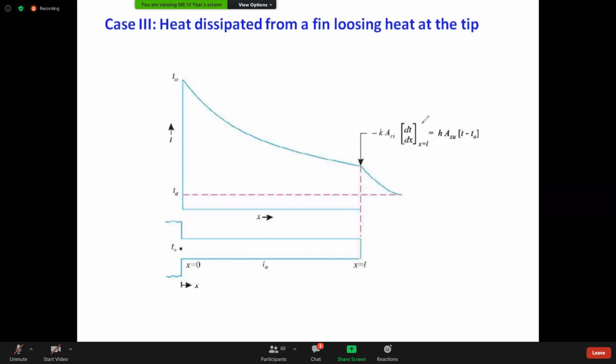So now at dt by dx at L. First boundary condition is same. x is equal to 0, theta is equal to theta naught. So here, for example, if it is like this is the case, let us assume. From here it is dissipating. Okay. So whatever conduction heat transfer area and the convection heat transfer area, surface area and cross section area is same. This is a plane wall type. So these two get cancelled.